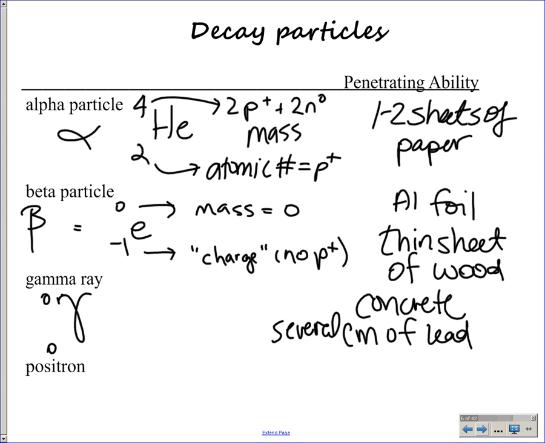So several centimeters of lead should ring a bell with you. When you go to the dentist and you get an x-ray, they put a lead vest on your chest if they're just x-raying your teeth. Or if you go get an x-ray at the doctor, they'll put a lead vest on whatever body parts are not being x-rayed, because they just want to expose you to the radiation in that particular location